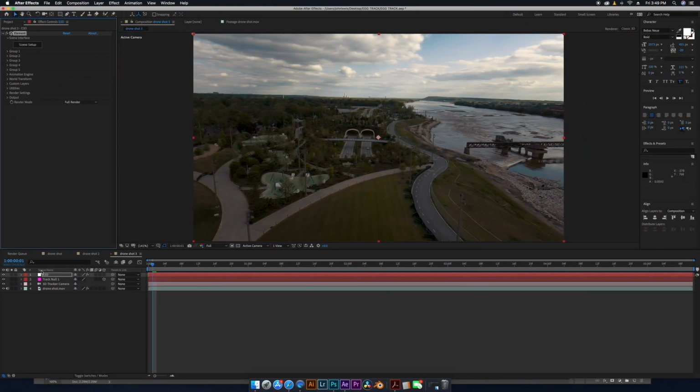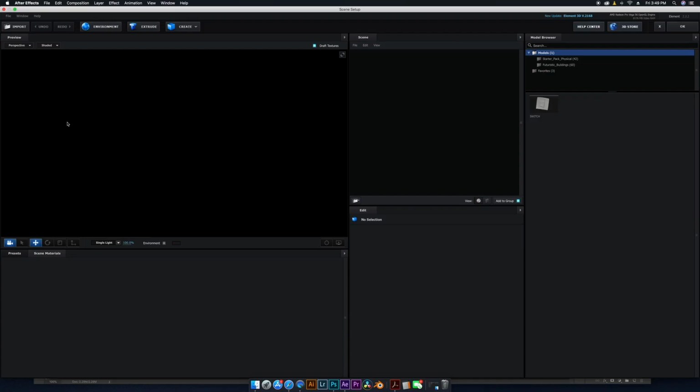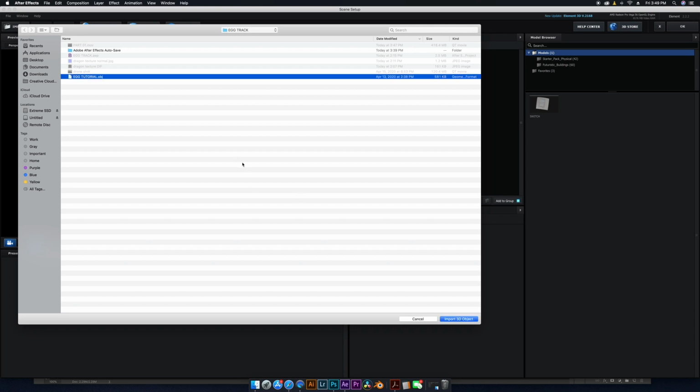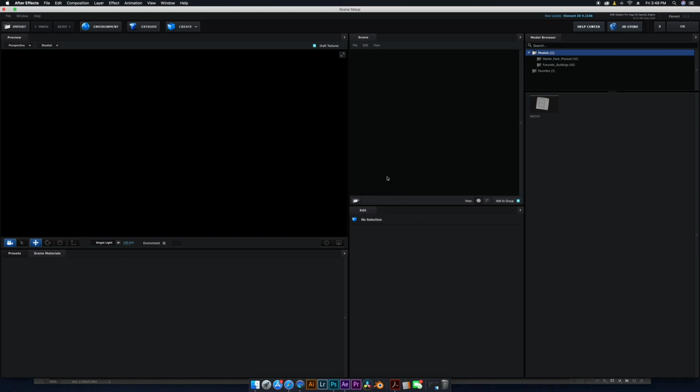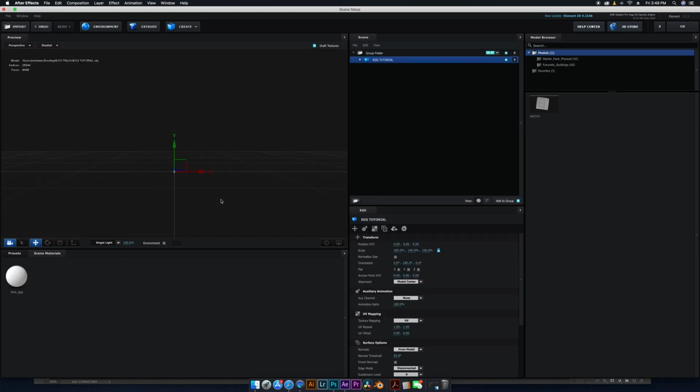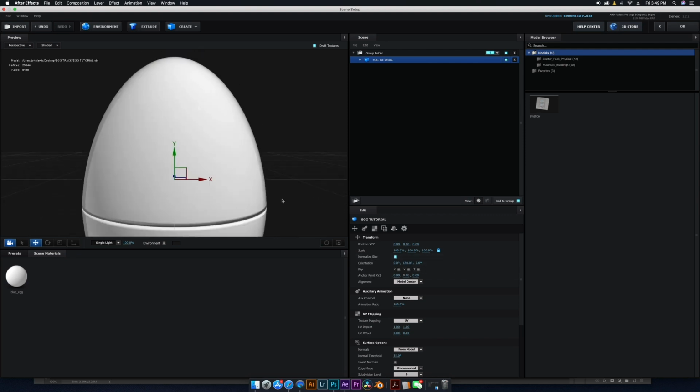Okay, back to After Effects. We have our element layer. We have Element on that layer, so we're going to hit Scene Setup. Come in here, we're going to hit Import. We're going to go to where we saved our egg, and we're going to hit Import 3D Object. Now, we're going to hit Load Material, and we're going to hit OK. Now, as you can see, it is really tiny. So I'm going to come over here to normalize size,